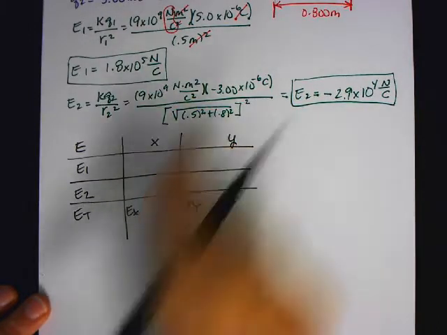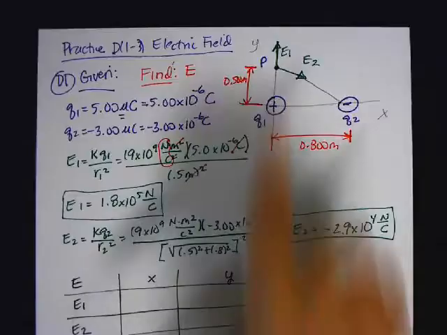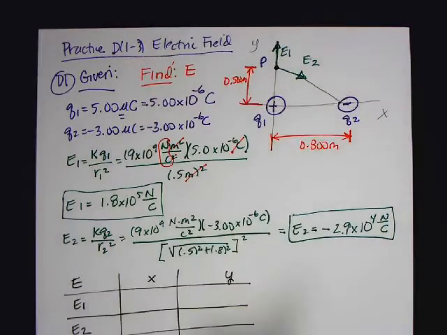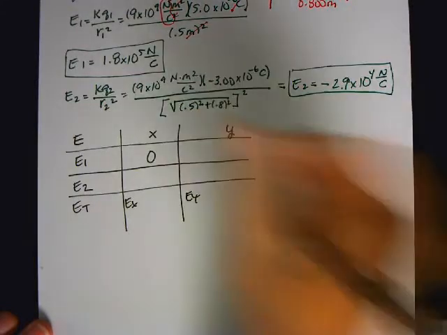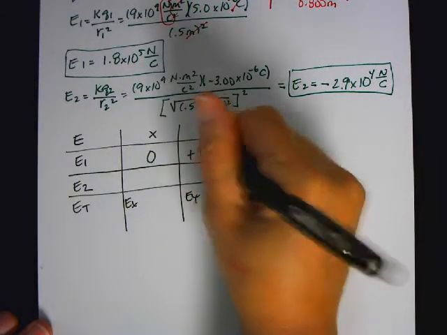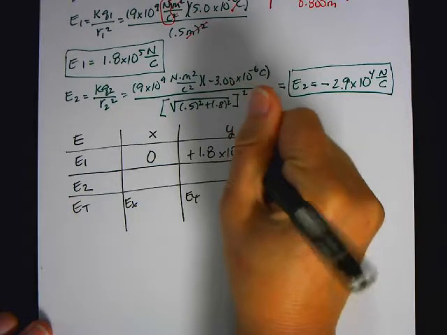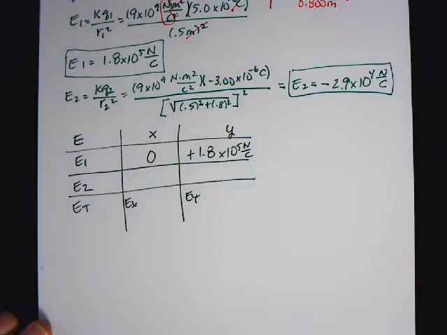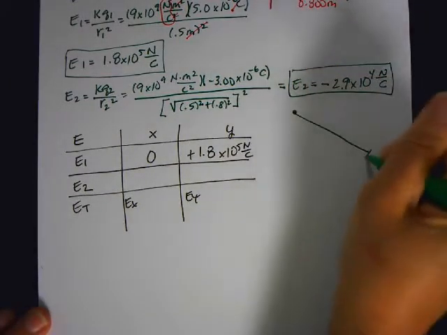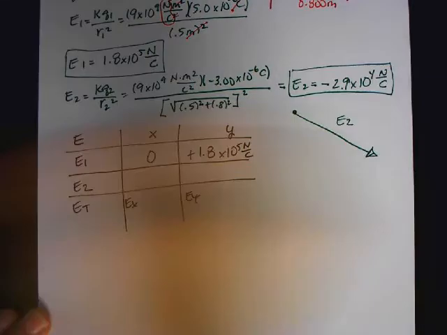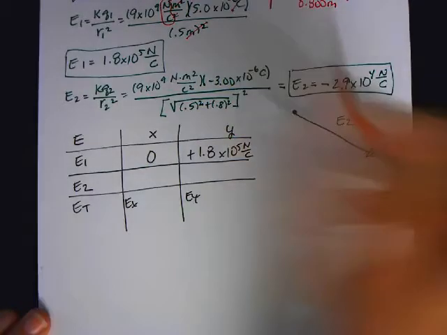So when I look at E1, E1 goes straight up. So when it goes straight up, that means it's all y. It has no x component. So this is 0, and this is plus 1.8 times 10 to the 5 Newton per coulomb. Now E2 is a different story. This is what E2 looks like. E2 goes like this. This is E2. So I have to find